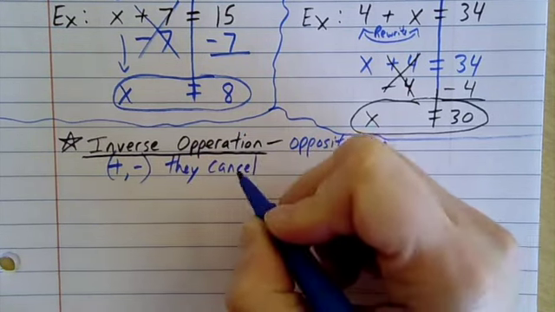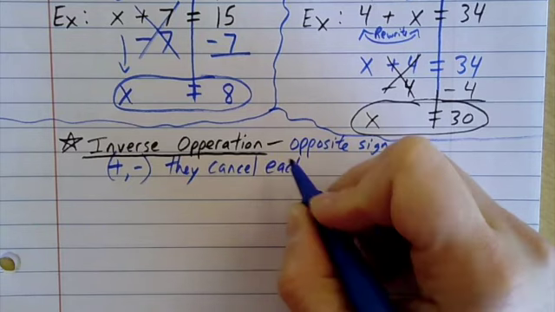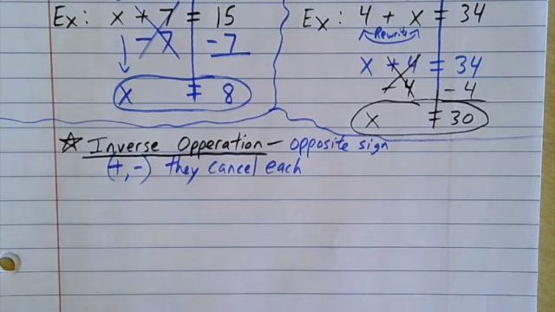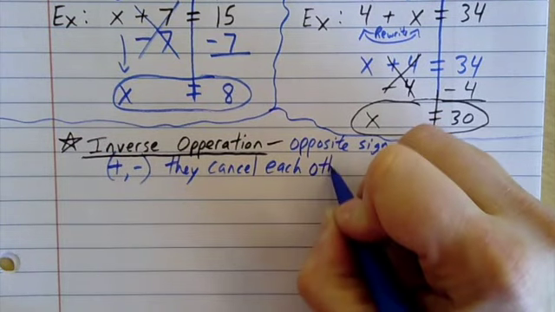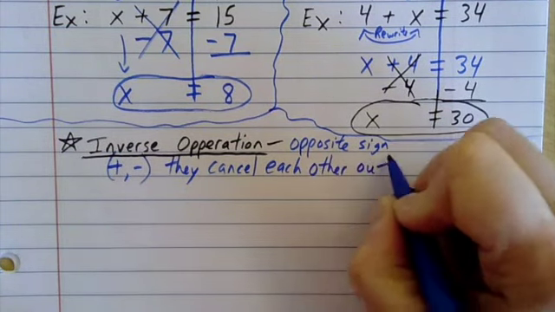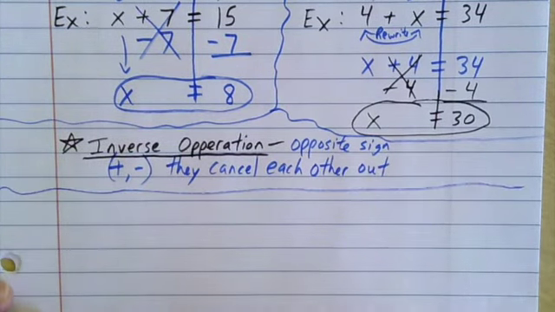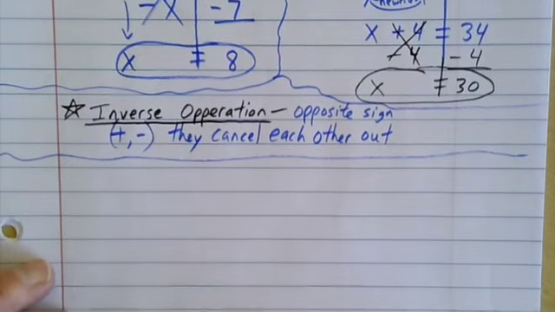And that's good that they cancel each other out because you're trying to solve for the variable. In this case, we were solving for x. You want to get x by itself. So they cancel each other out. The best thing I know to do with this is just to keep practicing problems with algebraic